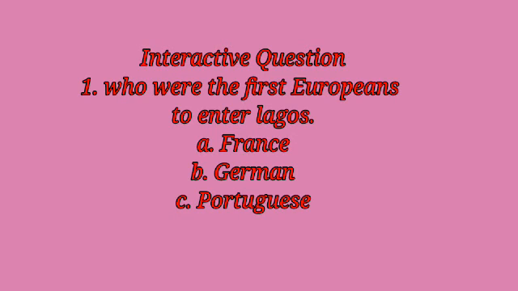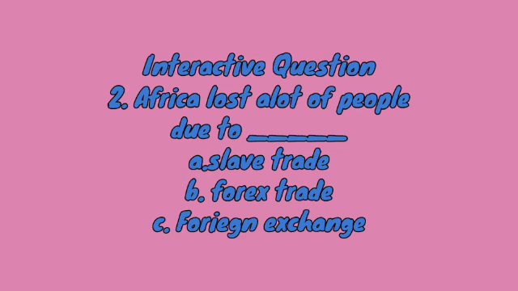Who were the first Europeans to enter Lagos? A. France, B. German, C. Portuguese. The right option is C, Portuguese. The second interactive question says, Africa lost a lot of people due to dash. A. Slave trade,